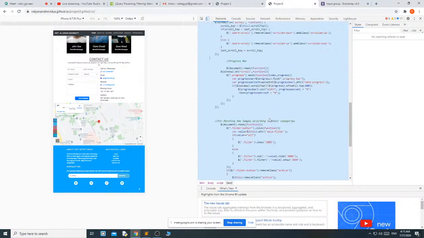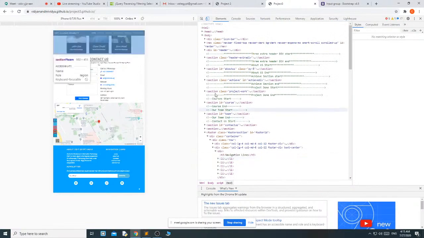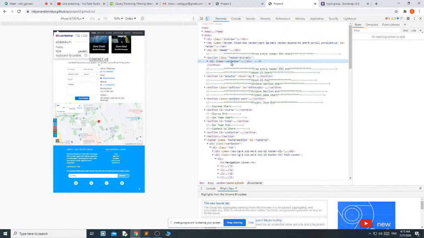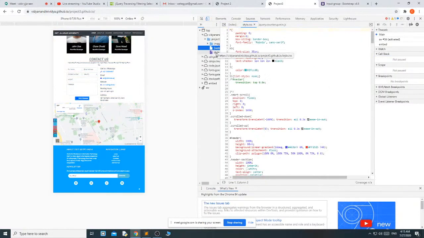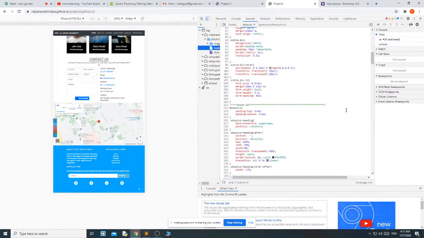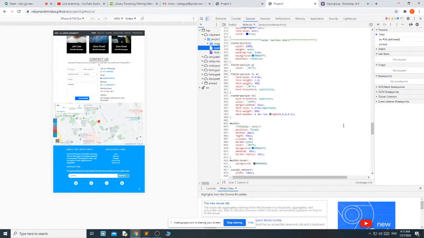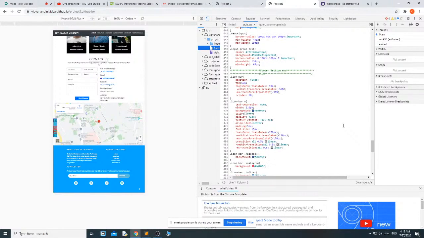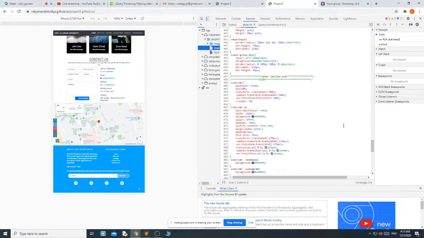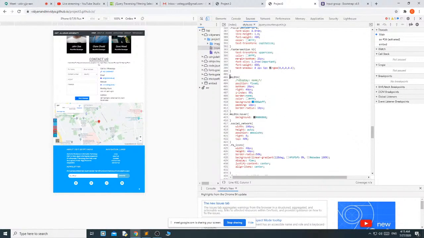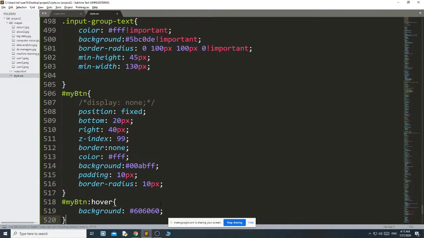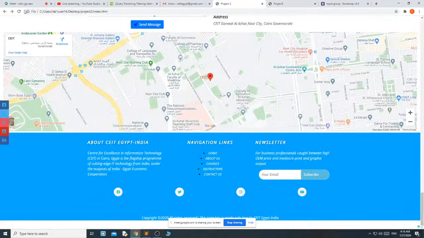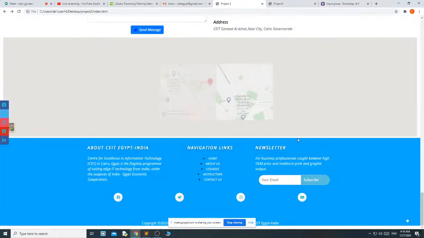Then from this style I want the bottom style. This one. This part, copy, then paste here. We will get the button. Okay, we got the button.